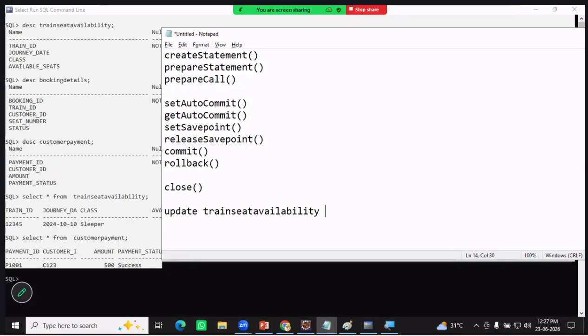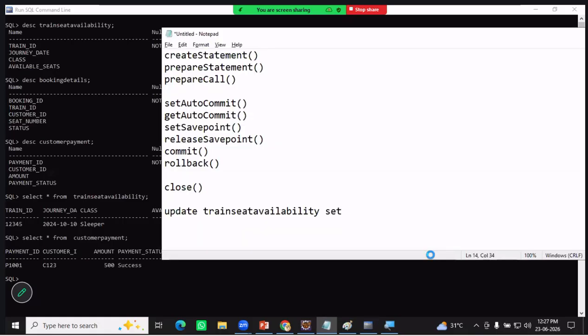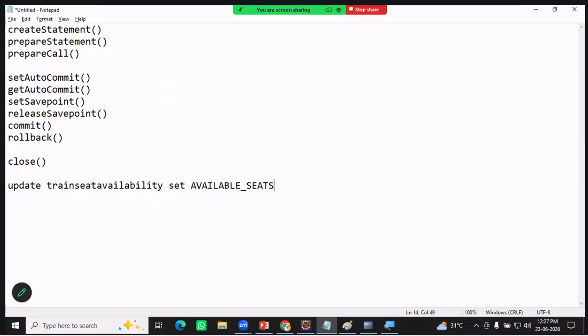Update train seat availability, set available seats equal to available seats - 1, where